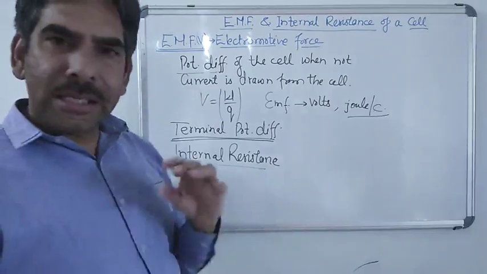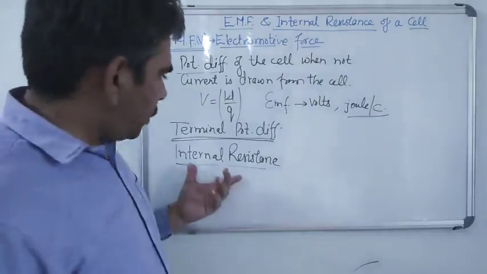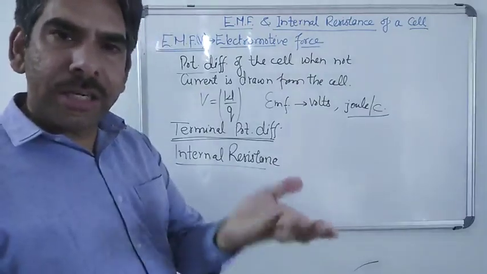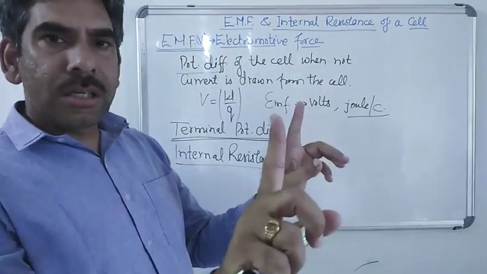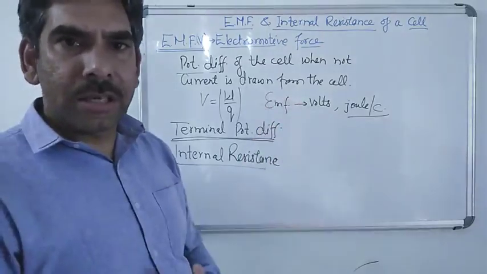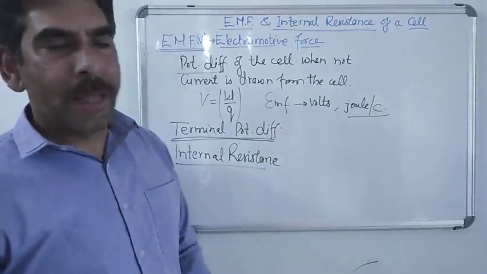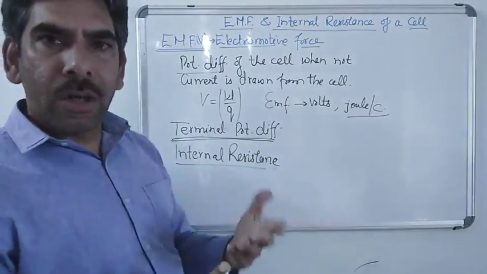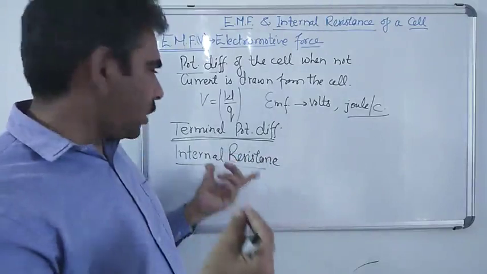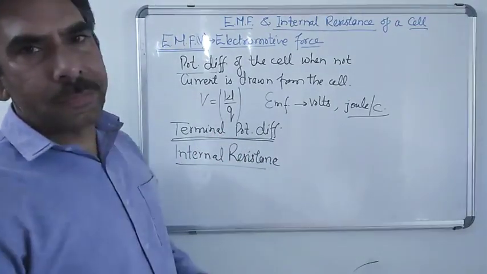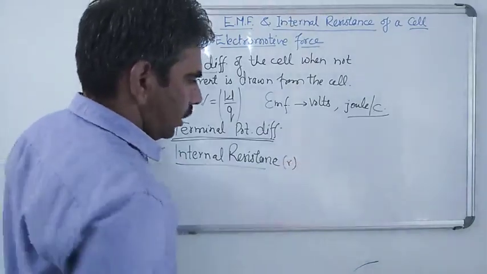So each and every cell has this kind of resistance, which we call the internal resistance of the cell, which always remains there, because the electrolytic solution we cannot avoid. We always need an electrolytic solution to make the transfer of charges between the two terminals of the cell. Therefore there always remains some resistance. And as the cell is used on and on, its internal resistance keeps growing, so that the terminal potential difference across the cell goes on decreasing. We represent the internal resistance of the cell with small r.